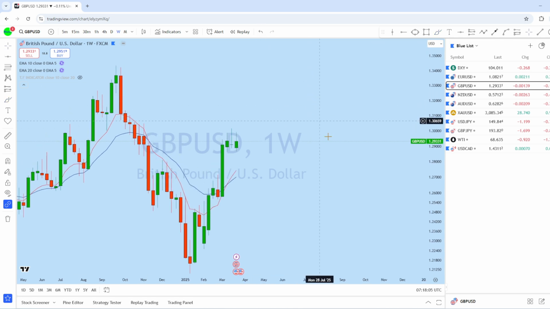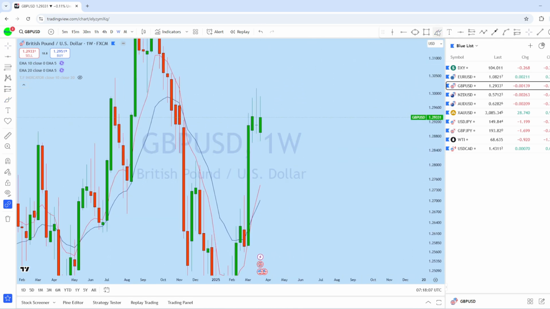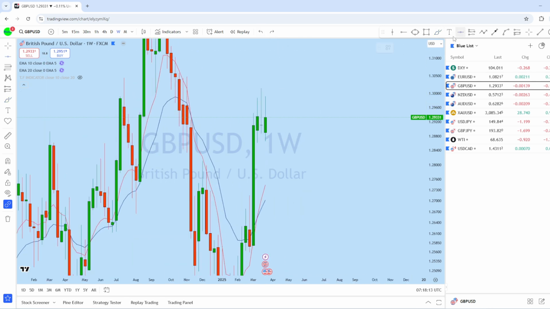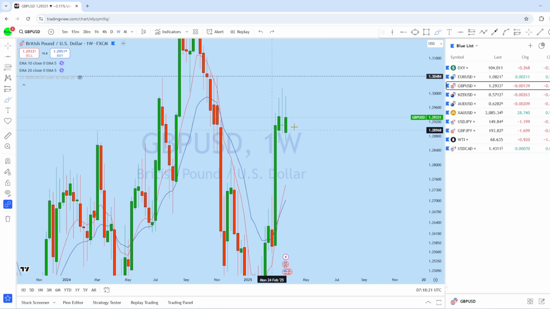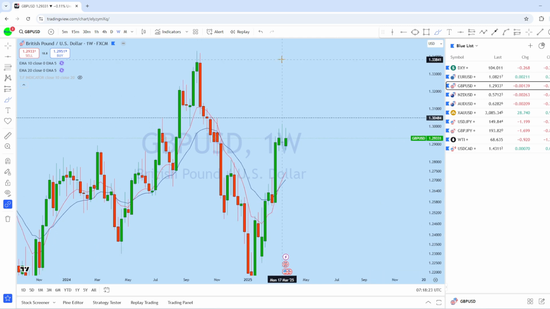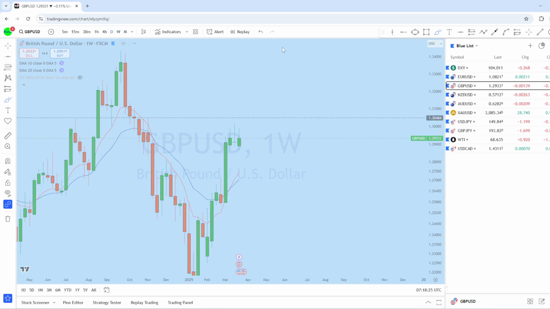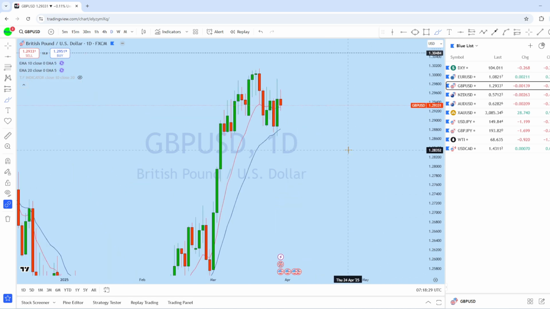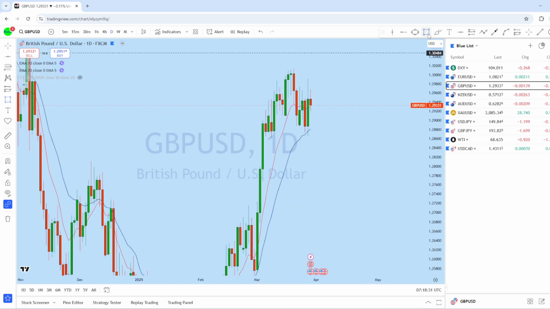formation here. What we can expect on GBPUSD for the market after initial pullback, what I think that we could see the bulls may try to break that high, as there is a liquidity here above this level. We could see the market potentially trending to that level to create a new higher high to potentially continue to that uptrend. Now if we look at the daily chart, as we expected in the previous weekly forex forecast, you